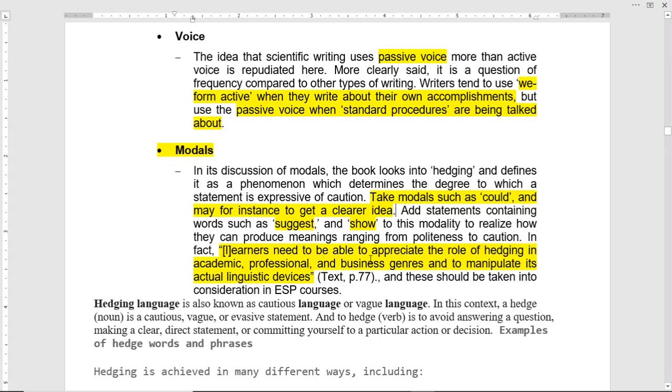Learners need to be able to appreciate the role of hedging in academic, professional, and business genres and to manipulate its actual linguistic devices. Hedging language is also known as cautious language or vague language. It's a cautious, vague, and evasive statement. To hedge, the verb, is to avoid answering a question, making a clear, direct statement, or committing yourself to a particular action or decision. For example,